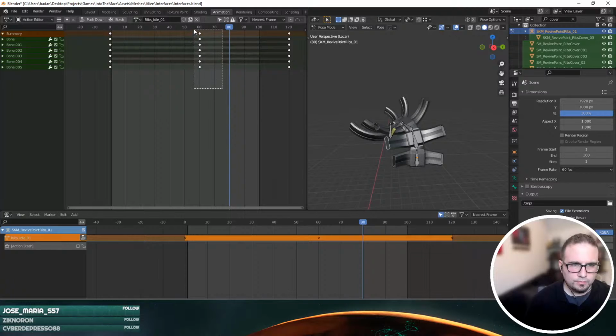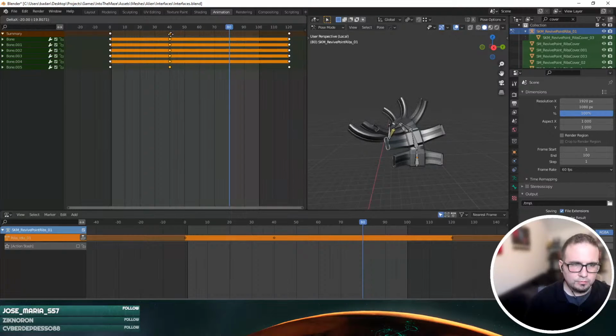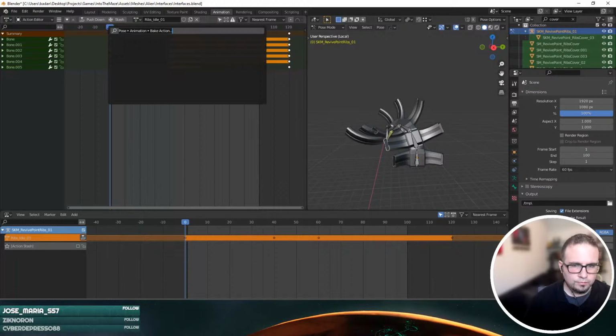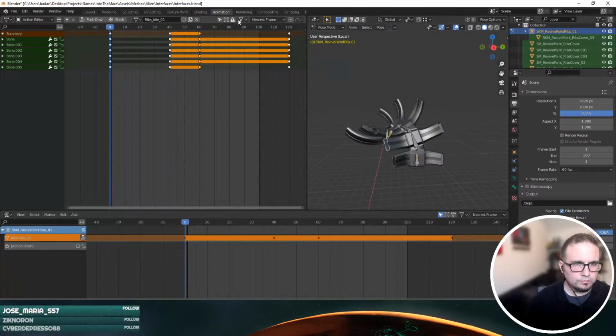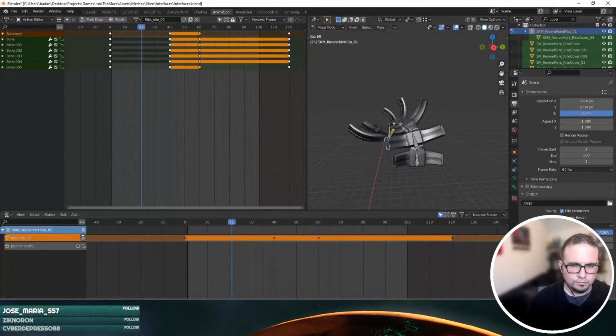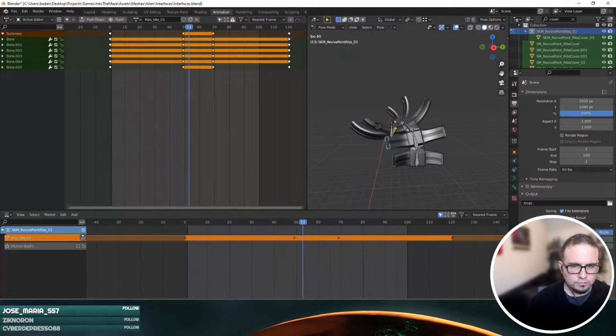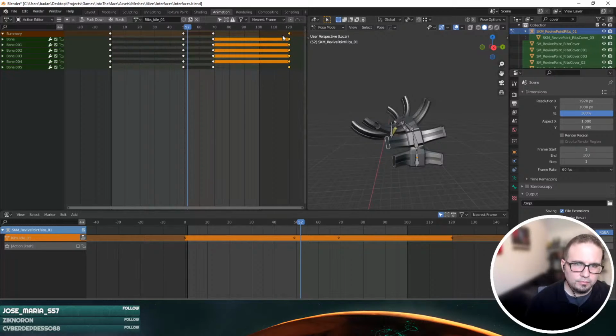So we want this maybe to have, I don't know, we have that little jump there. Like if this is the same keyframe,